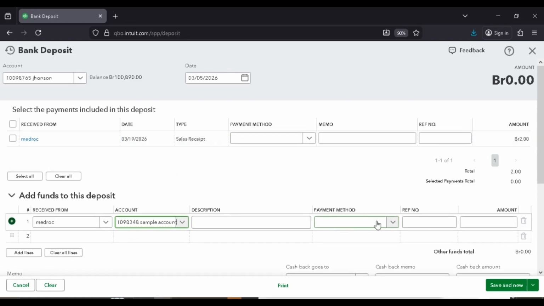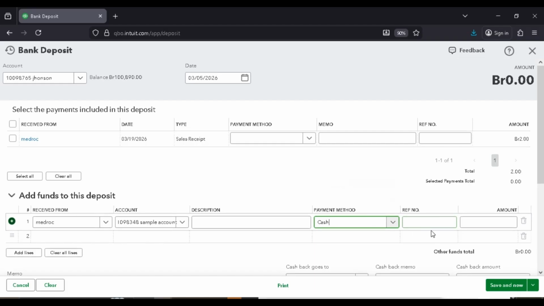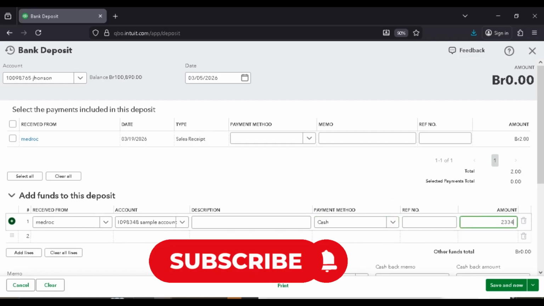For example, Income Account for extra income, Equity Account for owner contribution, Liability account for a loan. Then enter the amount. You can also add payment method